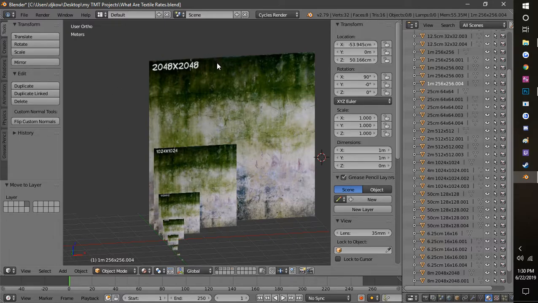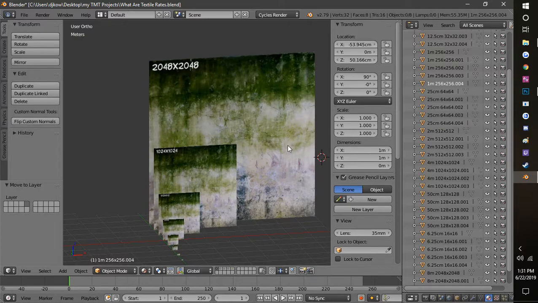Whereas if you get a larger picture and compress it, then you'll still keep the integrity of the original image. So this one on an 8 meter polygon at